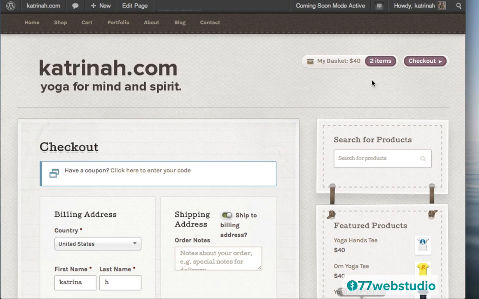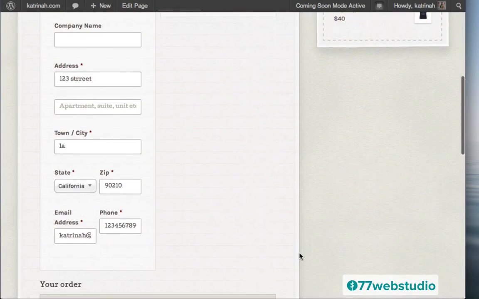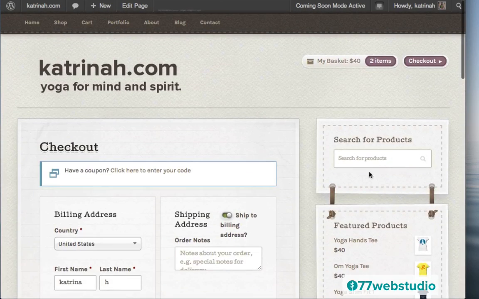Now note that I have this sidebar on the right hand side, and actually I note that that was also showing up on the cart page. So whenever I have an e-commerce website, I really want to make sure that there's no distraction and that a potential customer can just check out really easily and their focus is really on the product and the checkout experience. So I want to remove this sidebar from both the cart page and the checkout page.